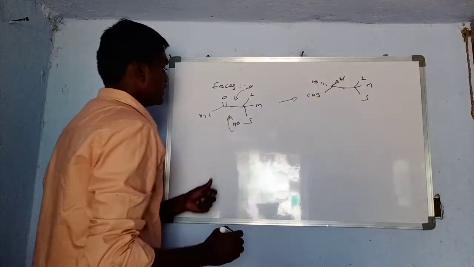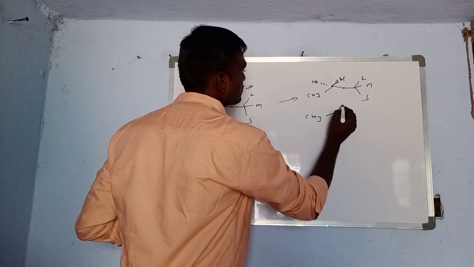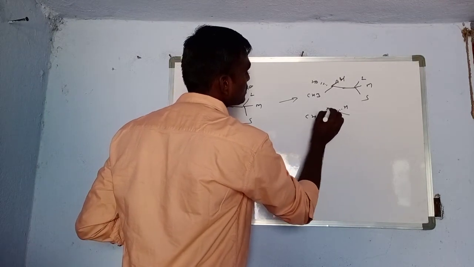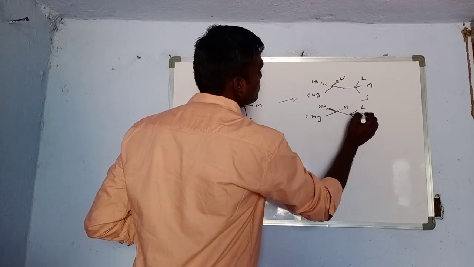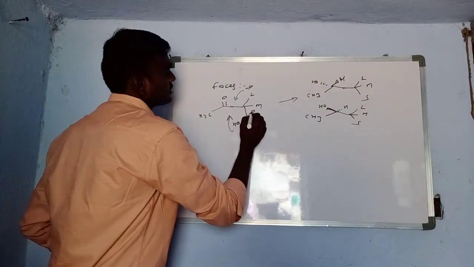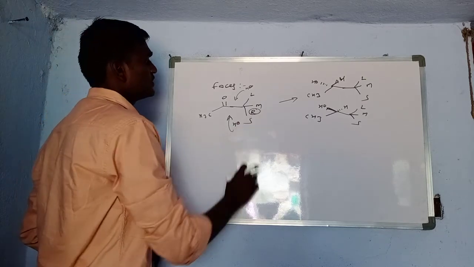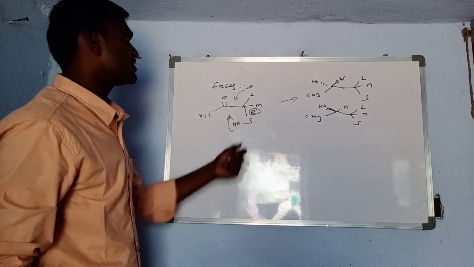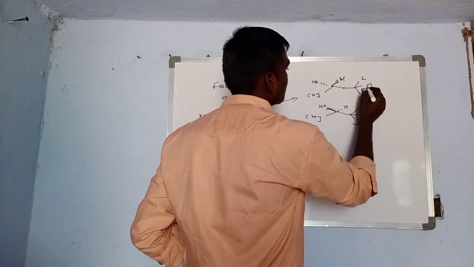In the similar way, if the hydride ion attacks the below face, it is the OH group, and here large, medium, small. Let us suppose that it is an R configuration. Now I am assuming that this is the R configuration. If it is R configuration here, there is also R configuration, there is no change, right?